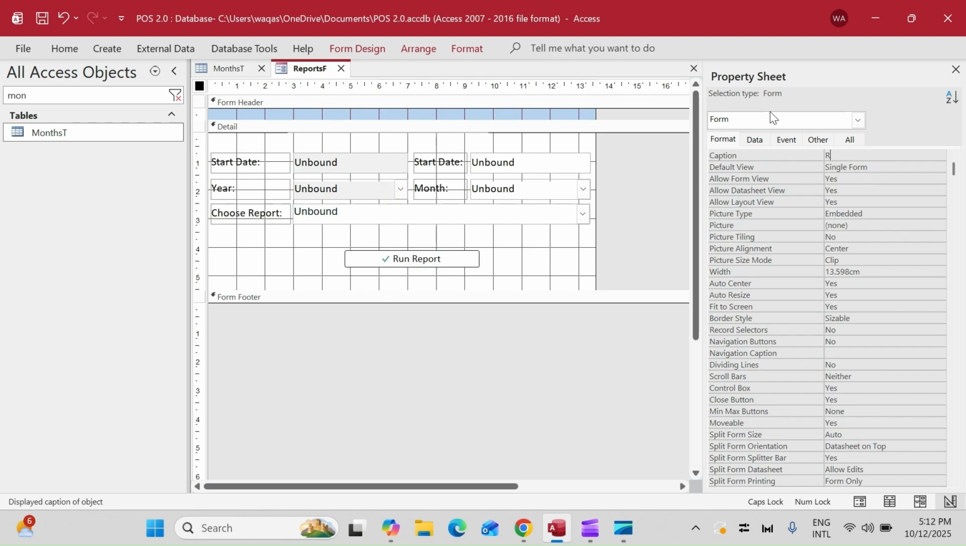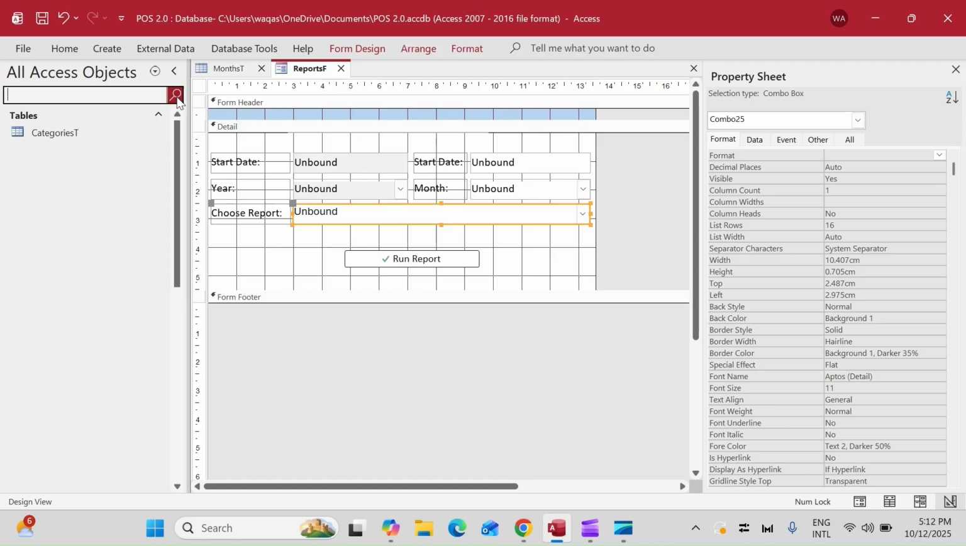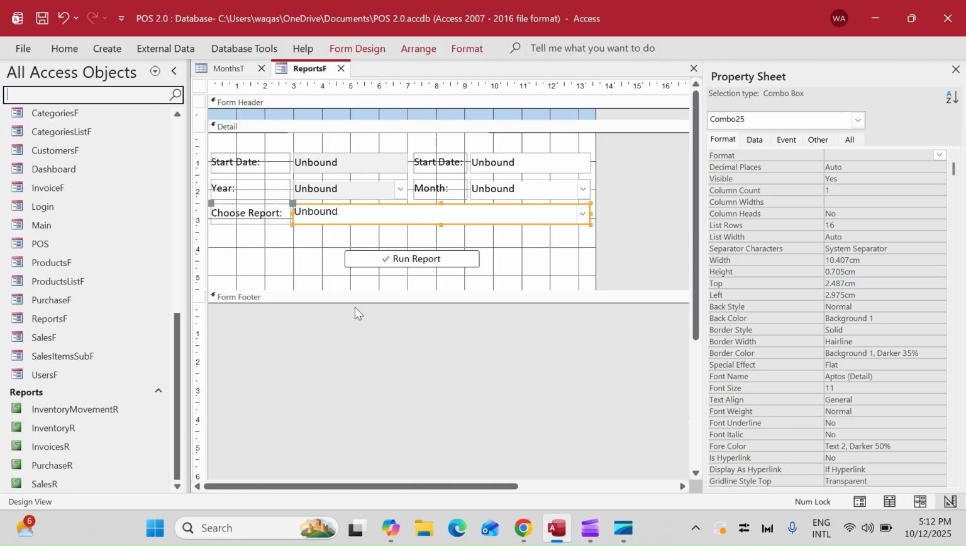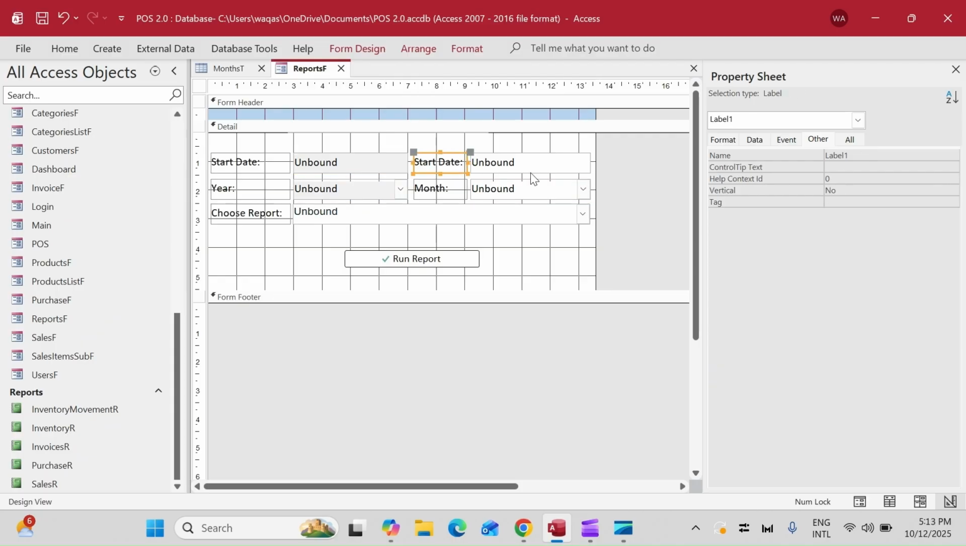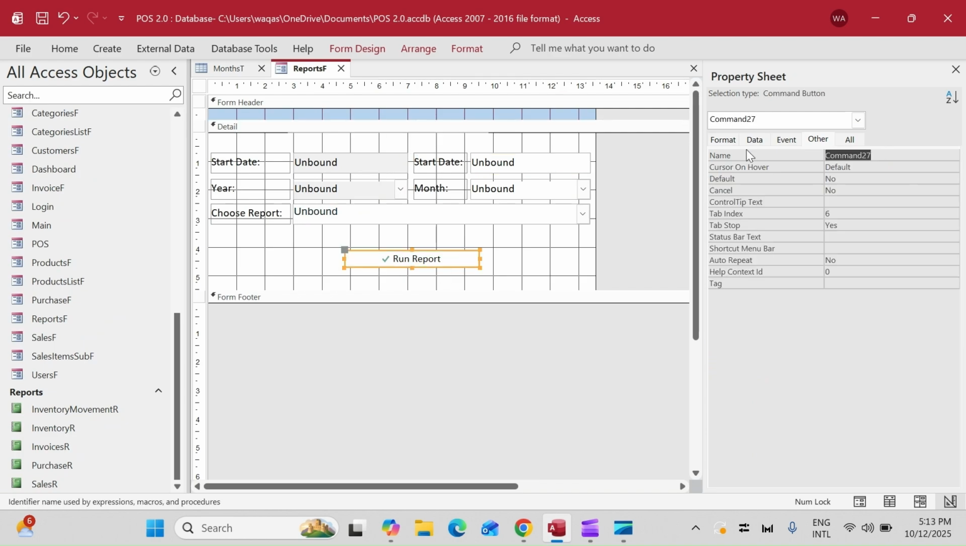Come on, I need to capitalize properly. Run reports. There you have it. Okay, now let's go to reports and let's have a logic behind this button to run these reports. So for that, I will go back here and I will give a name, CBO choose reports. Okay, and then we'll have CBO months, CBO year, and then TXT started. Perfect. Everything, all the objects are basically properly named, and we will name this as well, BTN run report, something